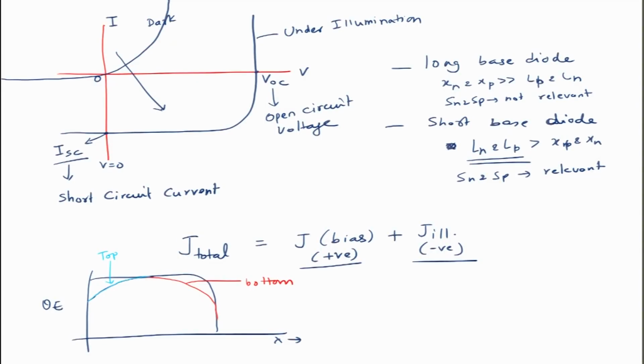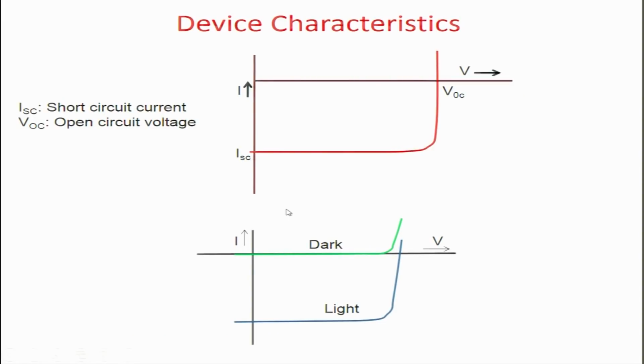So, now we will move on. These are the device characteristics that you get for a solar cell under illumination. As I said, the current at 0 bias is called the short circuit current, and the voltage at which the current becomes equal to 0 is the open circuit voltage, and remember, this is in the fourth quadrant. Even though in literature there are some papers which plot this in the first quadrant, you will see that there are enough books and literature which plot the IV of a solar cell like this.